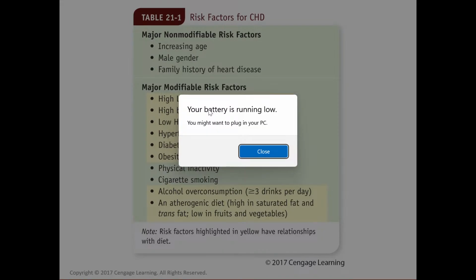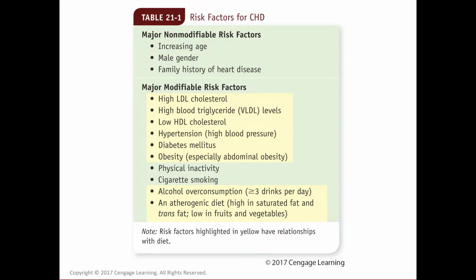We can probably even proceed with my phone. Someone asks, is CHD hereditary? If yes, what is the likelihood or percentage that